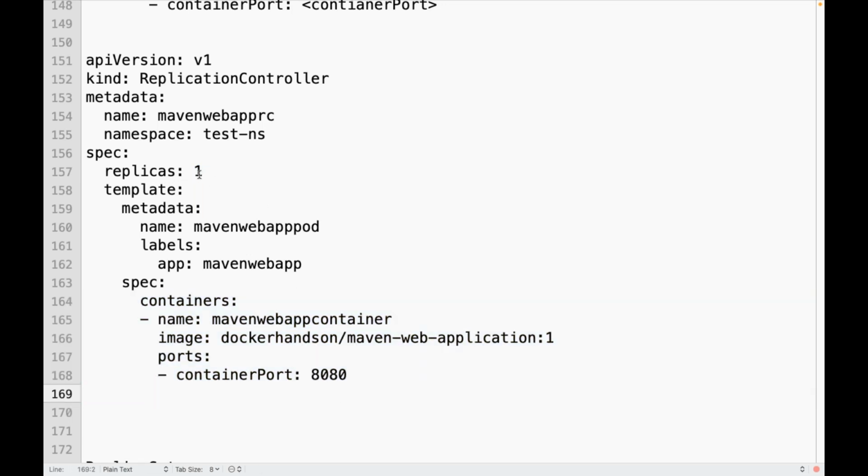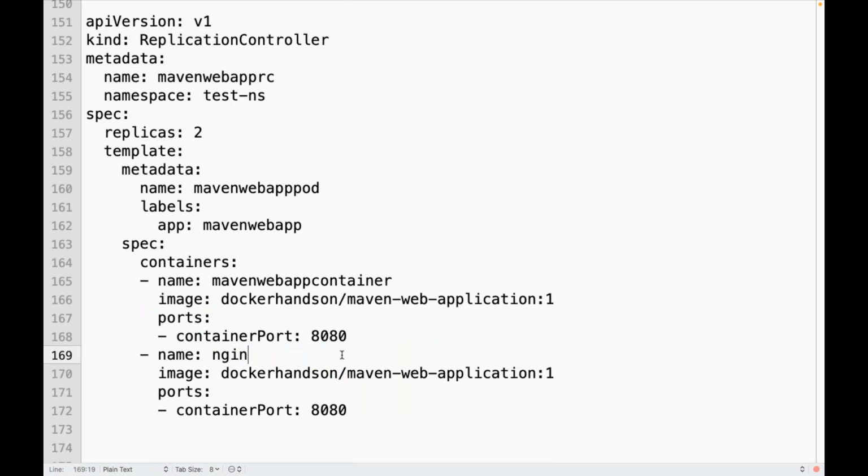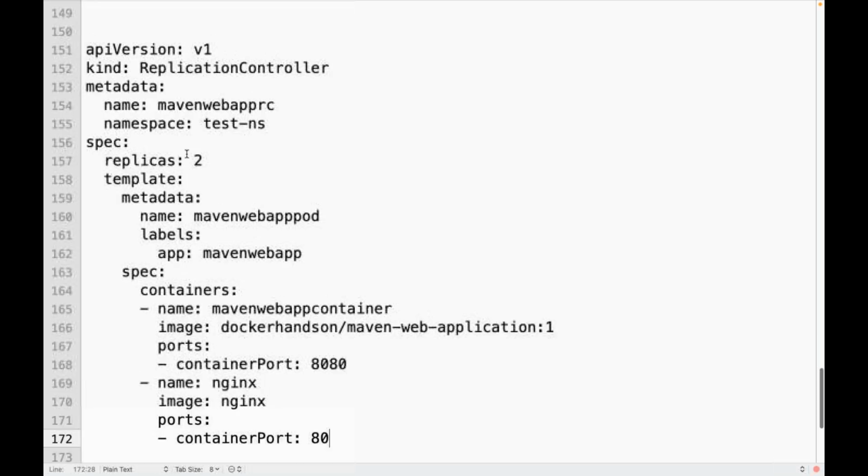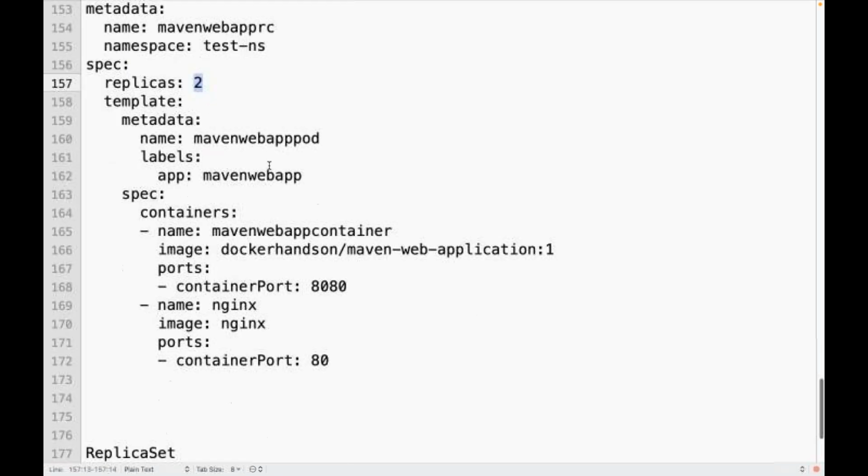One. Let's say if I give like this, how many pods will be created and how many containers will each pod have? Two pods. Each pod will have one container. If I want to create multi-container pods, can I have something like this? Again, another container. It is going to create multiple pods with multiple containers. Multi-container pods, something like this if you have that requirement. Now, if I do like this, two pods, how many containers will each pod have?